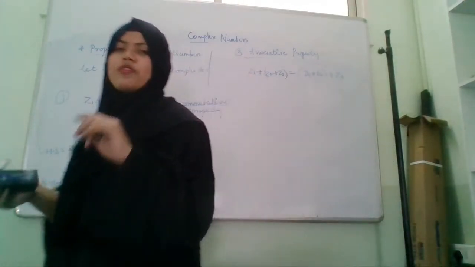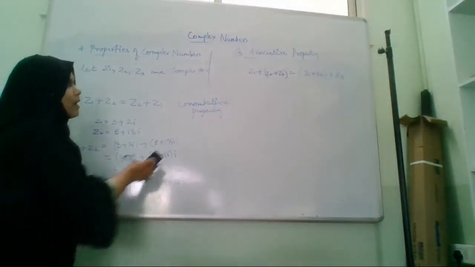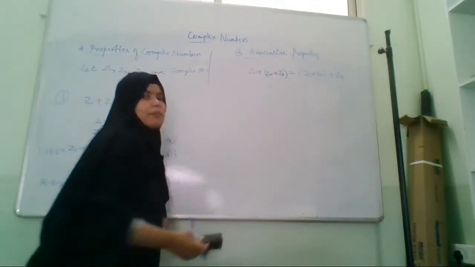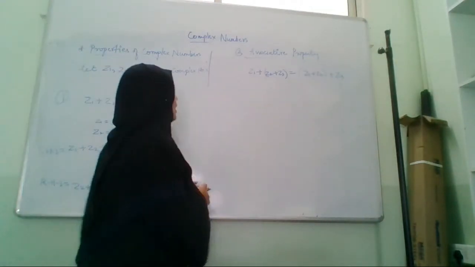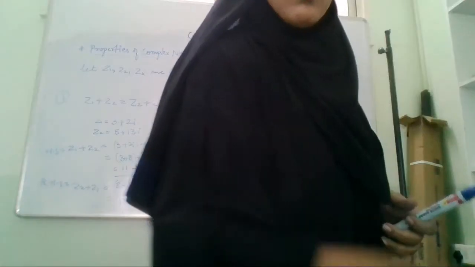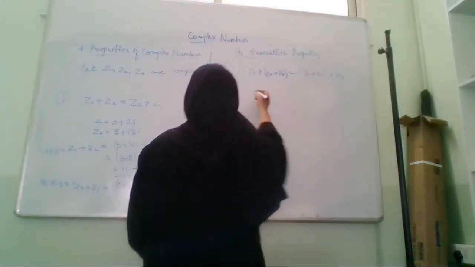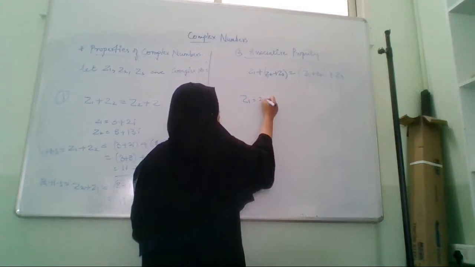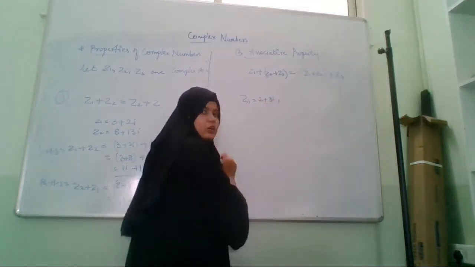So you can also verify this property by taking some example. So let's take Z1 as 2 plus 3i, Z2 as